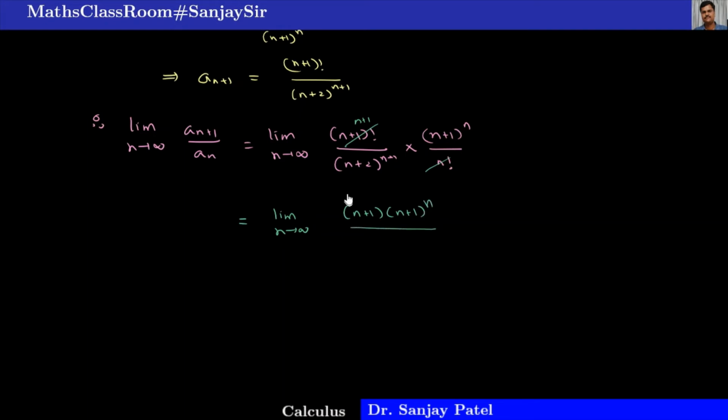And this denominator, which is (n+2) raised to n plus 1, I am writing as (n+2) into (n+2) raised to n. Let me write properly. So I am separating this and we can write it as (n+2) into (n+2) raised to n. Now simplifying, this is equal to limit n tends to infinity,